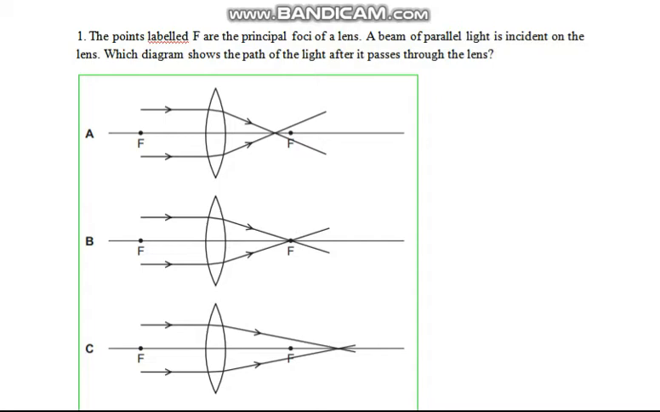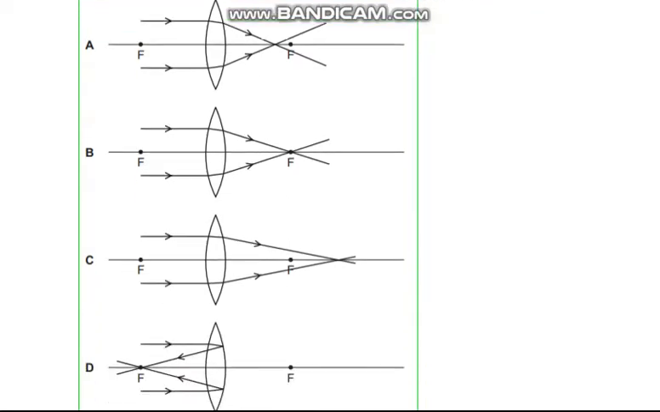So as you can see, this is the convex lens, and we will just remember the rules. The rule here can be stated as: if a ray of light is parallel to the principal axis, after refraction through the lens, it passes through the focus. So in this case, it's not passing through the focus. Here also, it's not passing through the focus. Down there, it cannot reflect back. So we have the correct option as